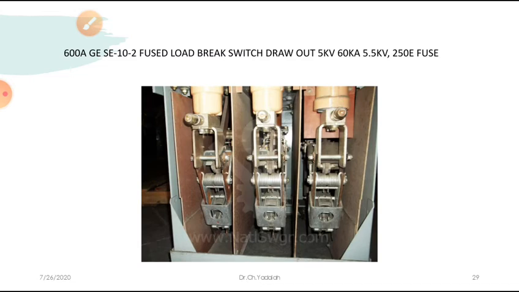This is one thing you have to remember. A load break switch means whenever the load is broken, an arc may occur. How we quench this arc is based on the load break switch. In the case of a high voltage system, we use circuit breakers. In a low voltage system, we use a load break switch. That is the difference.